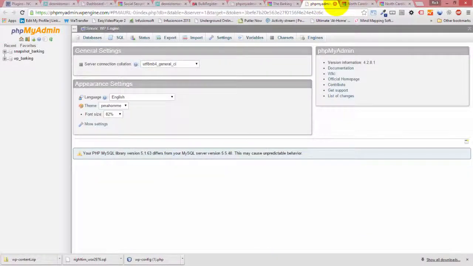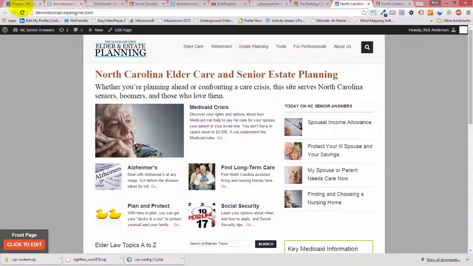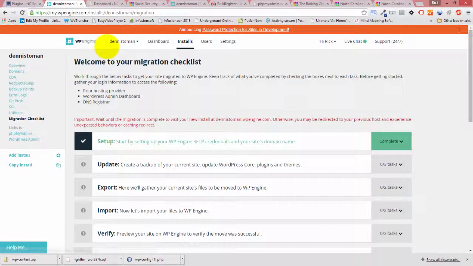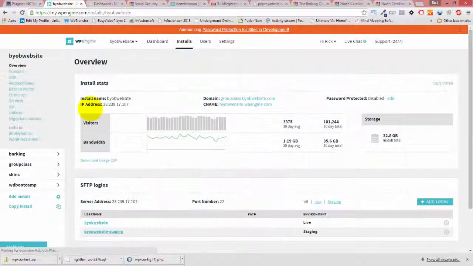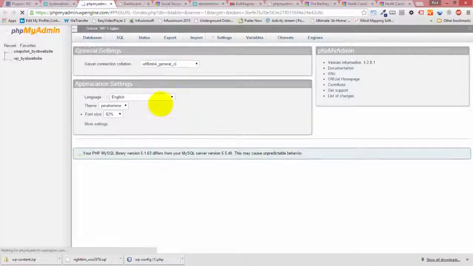Let's come back over to BYOB website so you can see what this looks like. You can see my CNAME is byobwebsite.wpengine.com. And if we look at phpMyAdmin again,